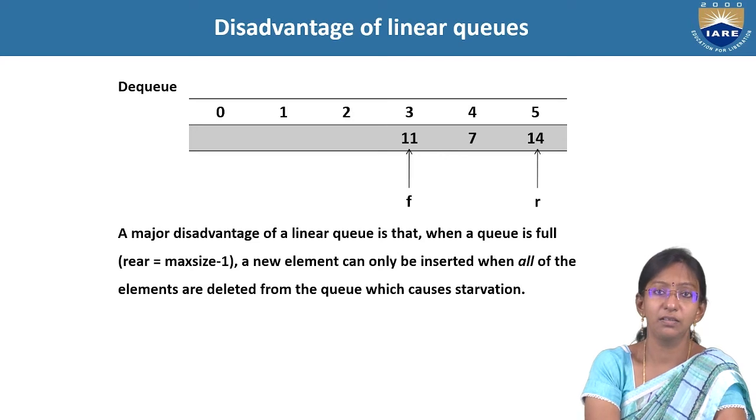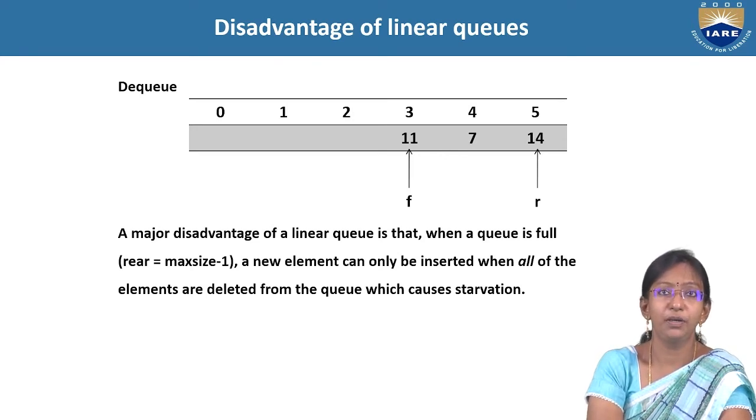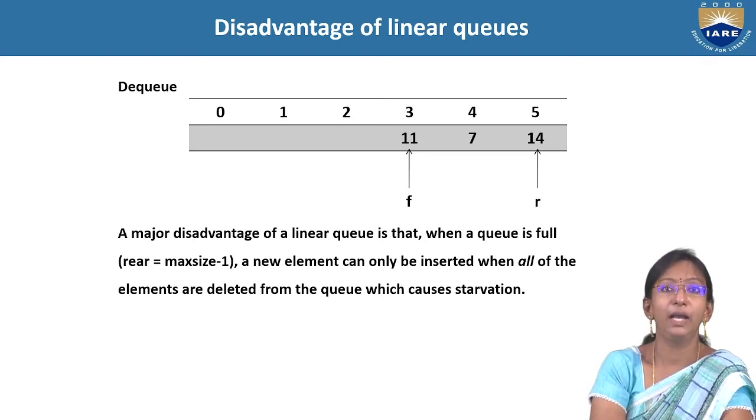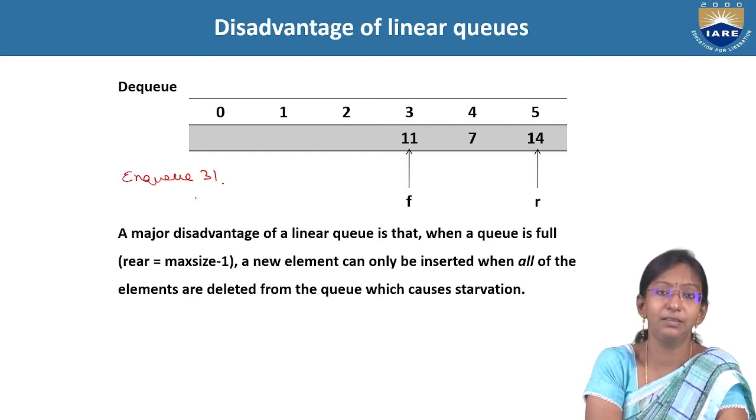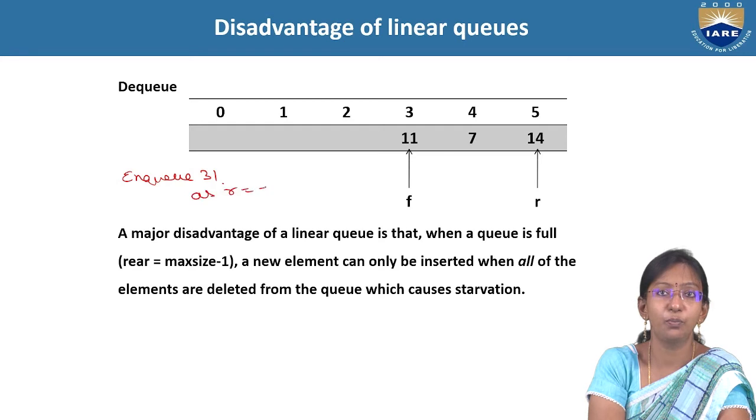Have a look at this current scenario, guys. So I have inserted 6 elements. So my rear is pointing to the highest index value. Now I have dequeued 3 elements. I have removed 3 elements. Now my front is pointing to index value 3. What will happen if I try to enqueue now? I want to enqueue 31 now. If I try to enqueue 31, it will simply say that as rear is pointing to n minus 1, overflow,